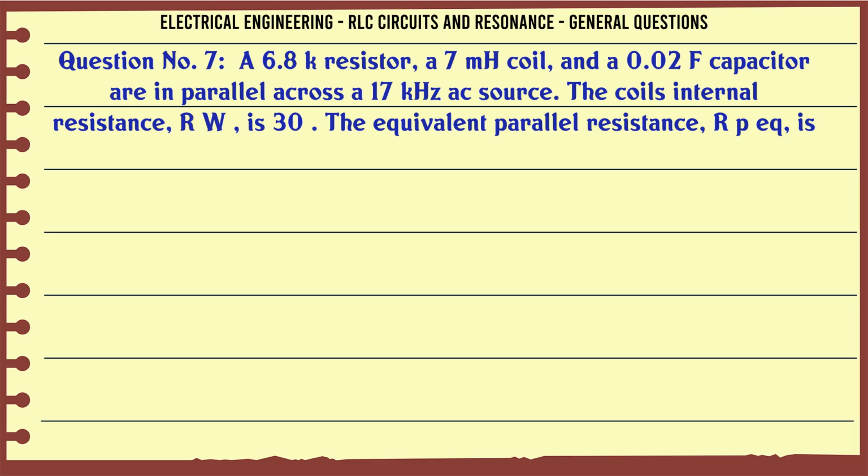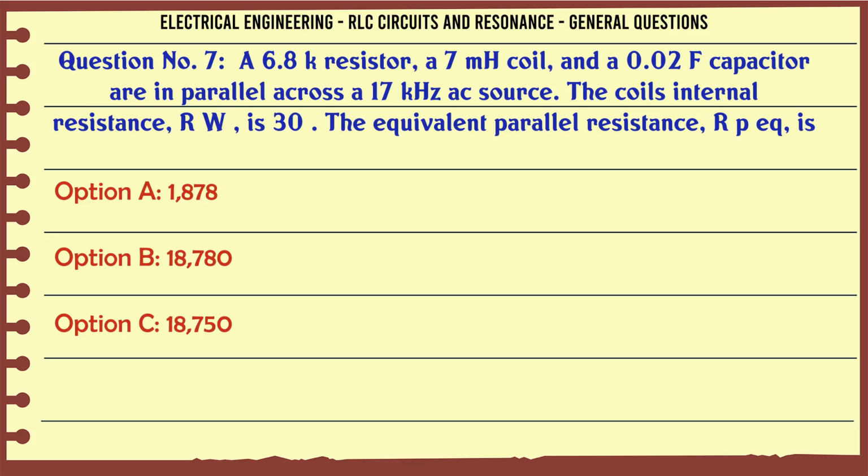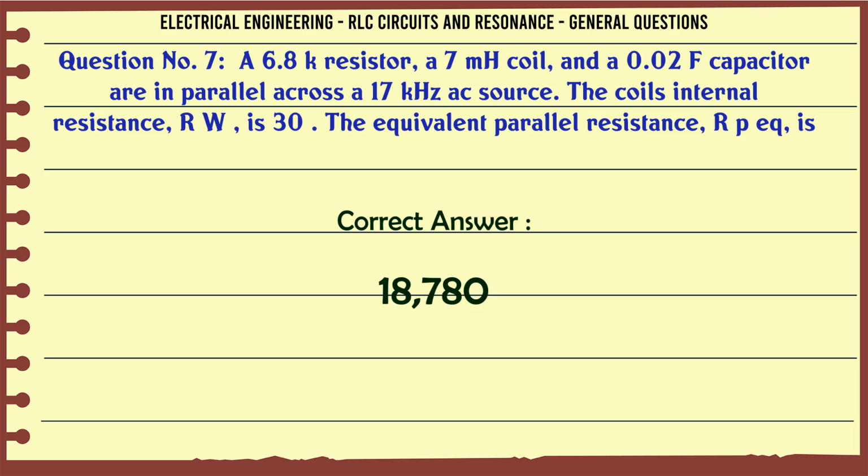A 6.8 kΩ resistor, a 7 mH coil, and a 0.02 µF capacitor are in parallel across a 17 kHz AC source. The coil's internal resistance Rw is 30 Ω. The equivalent parallel resistance Rp is: A, 1878 Ω; B, 18780 Ω; C, 18750 Ω; D, 626 Ω. The correct answer is